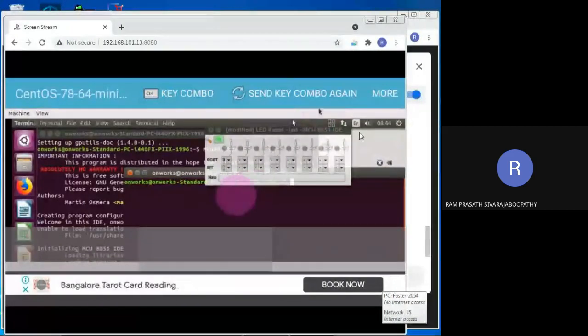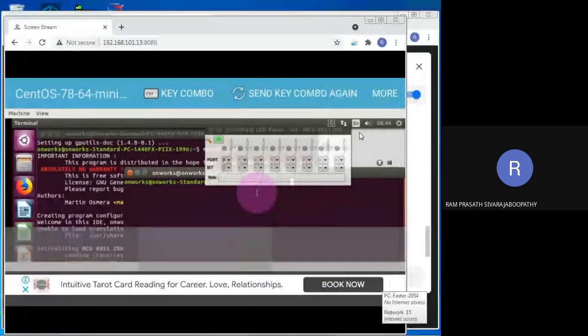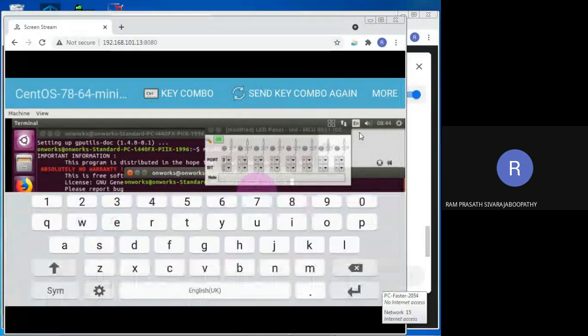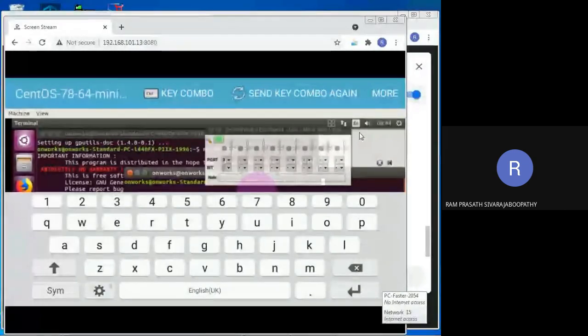Here I will type. So what we have to type is, wait a moment, sudo apt-get install -y SDCC libraries.